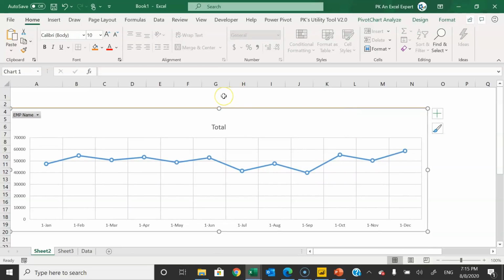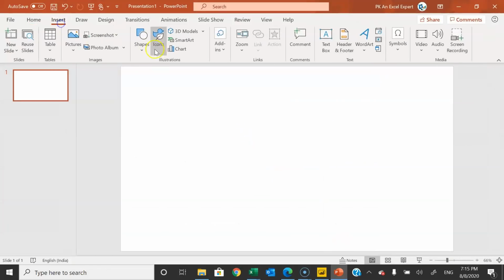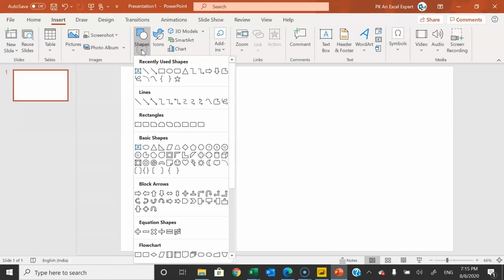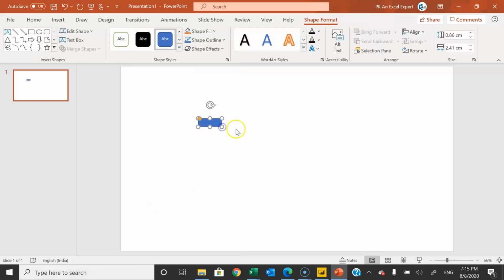Now we will insert the toggle button images. We can create the toggle button image either in PPT or in Excel also. So let me create in PPT because we will save that image when we will work on Power BI. Alright, so I'll go to the PPT and here let me go to the insert and shapes. Then I'll go to the rectangles. I'll take this rectangle which is rounded corners and just drag a small rectangle here like this.